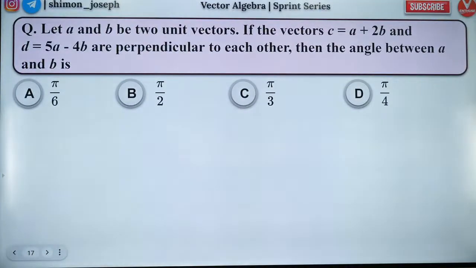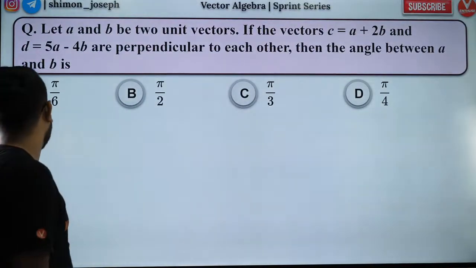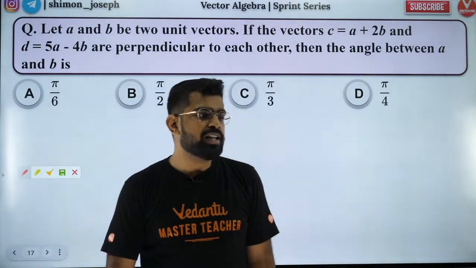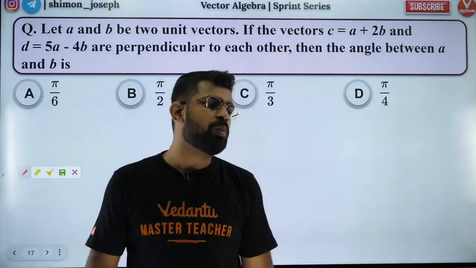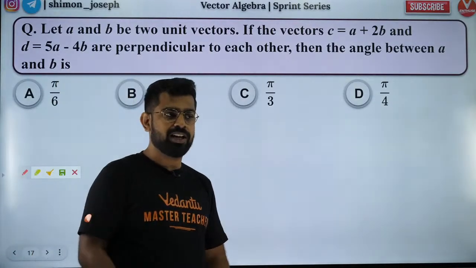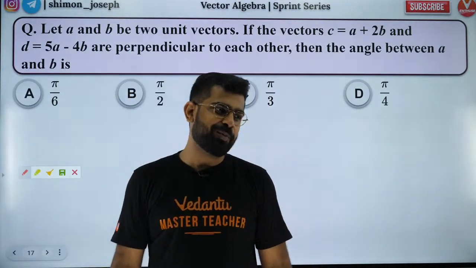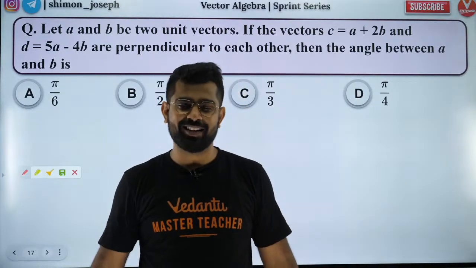Now coming to the question. Please solve it, guys. Everybody, come on. Potential energy is the negative dot product of dipole moment and electric field. Next level. Work done is the positive dot product of dipole moment and electric field. Dot product. Yes.